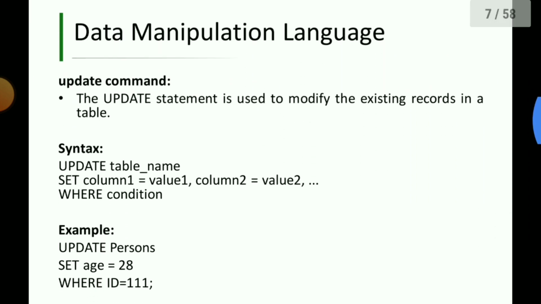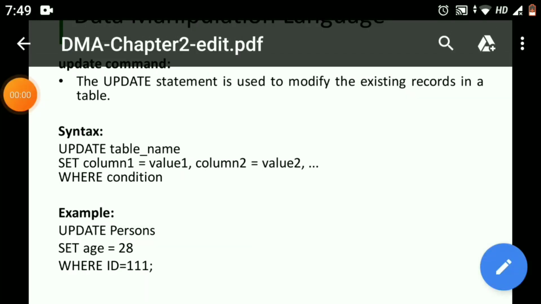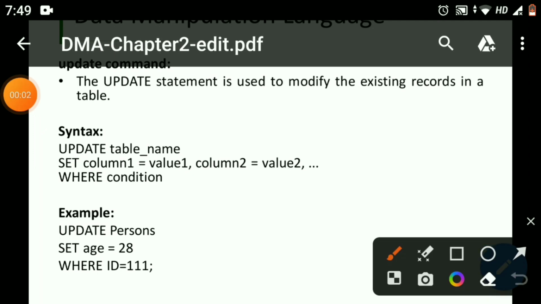Now we have the update command. Update command is used to modify the existing records in a table. We use the update statement. Syntax will be update persons set age equal to 28 where id equal to 111.